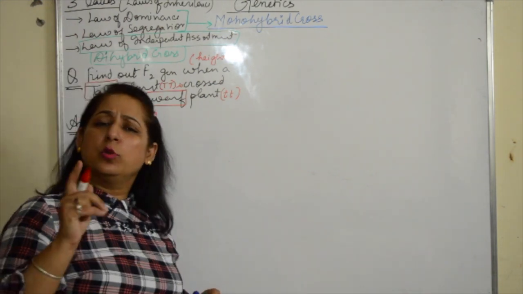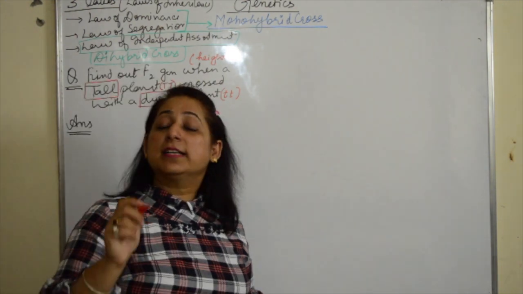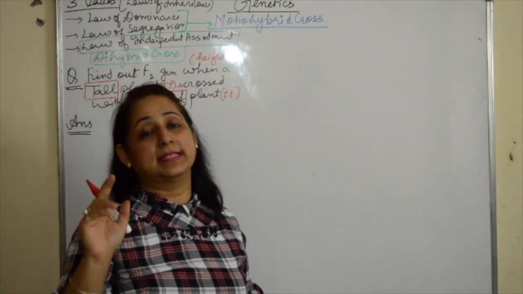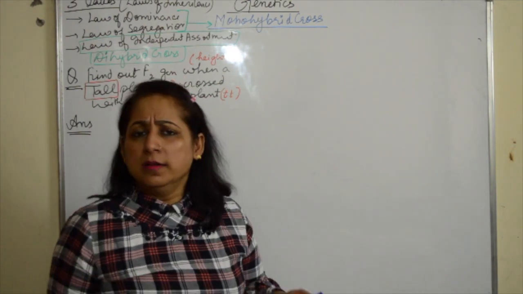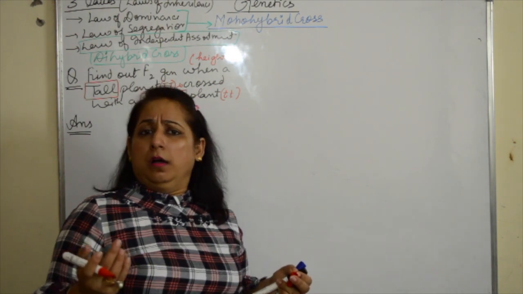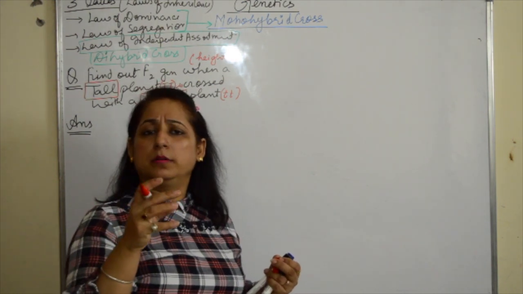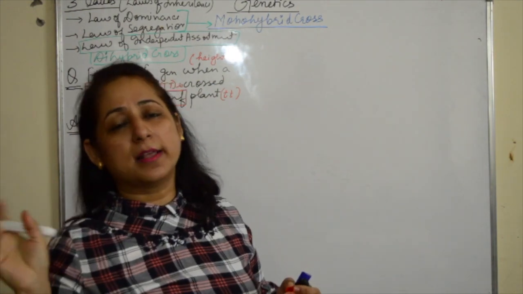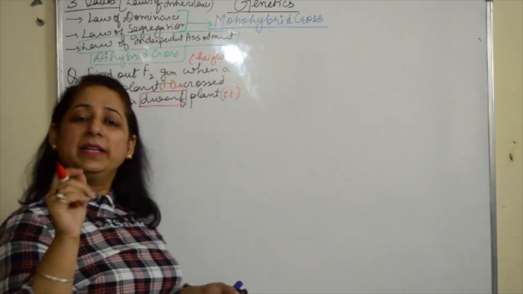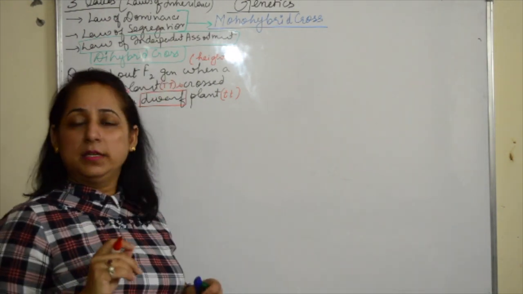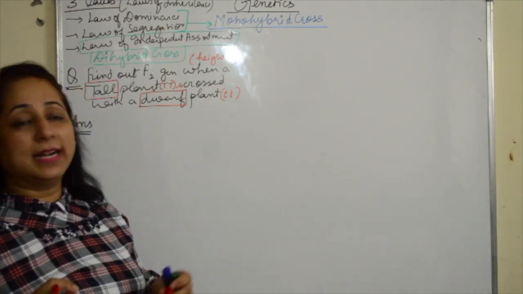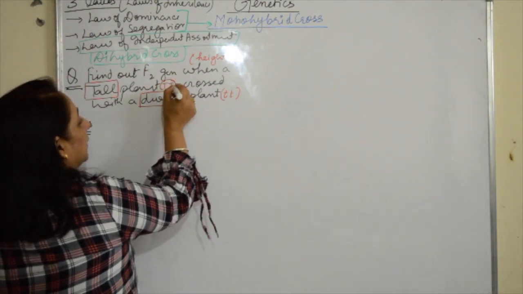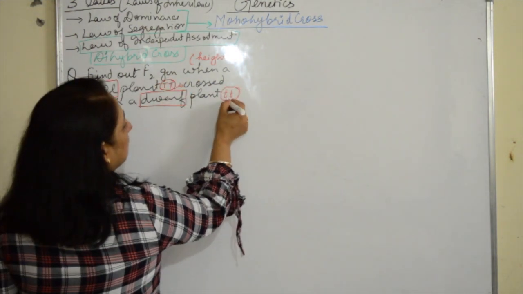Like for example, there is only one confusing thing, that is the color of the seeds. According to Mendel, yellow color peas were dominant and green were recessive. Other than that, all the traits are similar. Like for example, pod size, thick pods, inflated pods are dominant, shrunken pods are recessive traits. So almost all are common, but this is a contrasting trait, I can say. So you have to learn that table to understand which is dominant, which is recessive. We always write dominants in capitals and the recessive ones are always written in small.